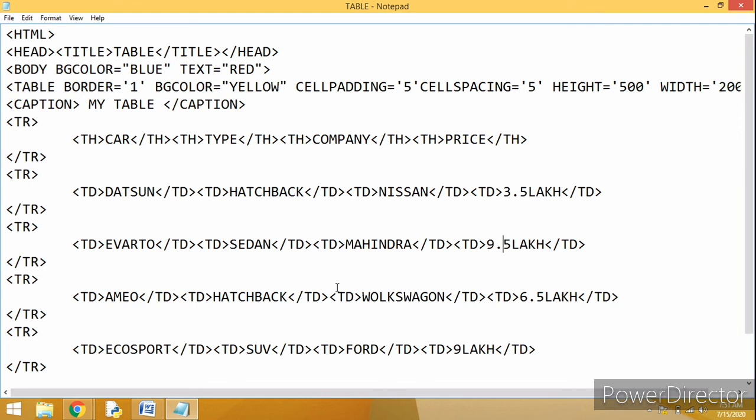So the row of a table is created with the help of which tag? TR. TR tag. And now if you want to get the name of a table, by which tag are we able to do so? Caption. Caption. Very good. The caption gives you the name of the table.